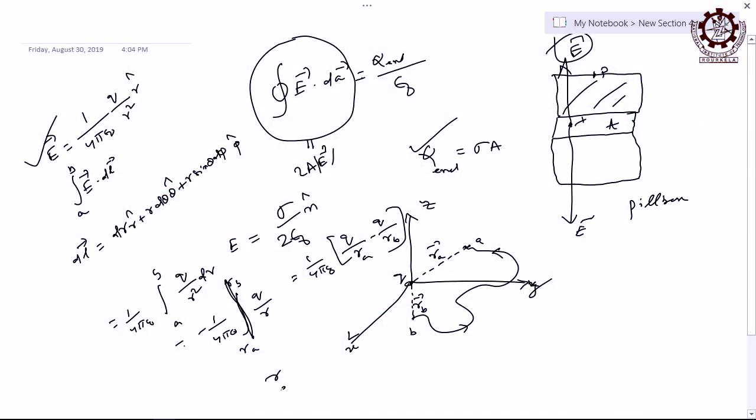That means r_A must be equal to r_B or not. If r_A equals r_B, then only you can tell the path is closed, otherwise not. Here it is an open path when you are telling r_A, r_B, right. Then what is the integration now for a closed path? The integral of E dot dl, you know it is all the time 0, right.